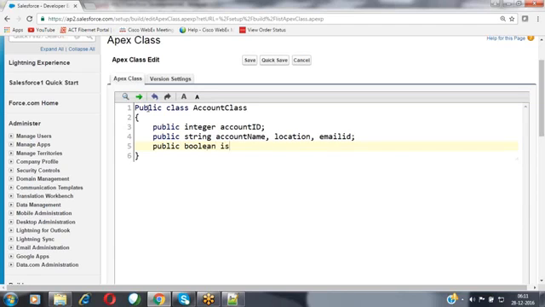Public boolean is account active. Public decimal annual revenue. So now these are the various variables that I have defined inside that class here.